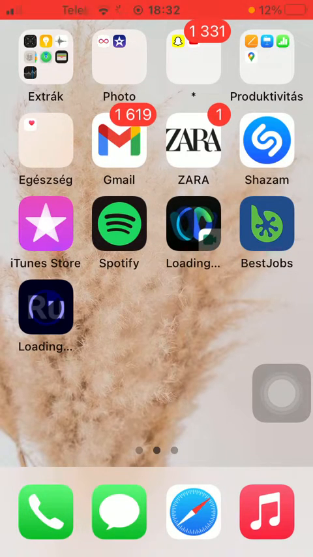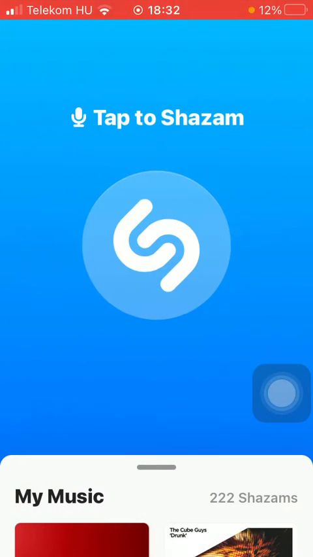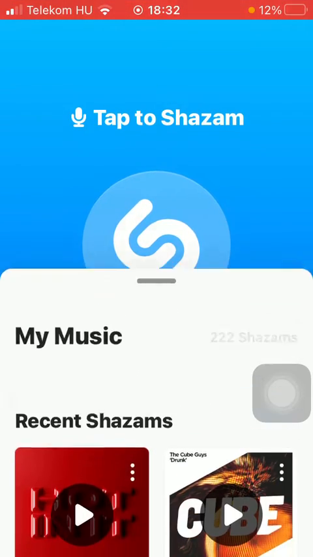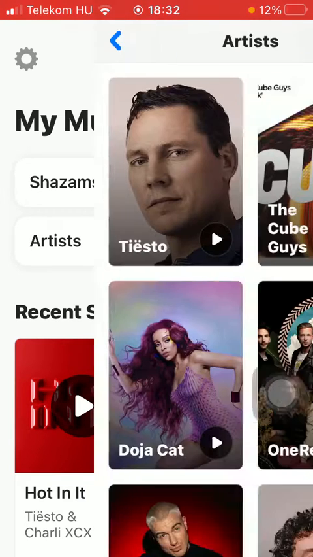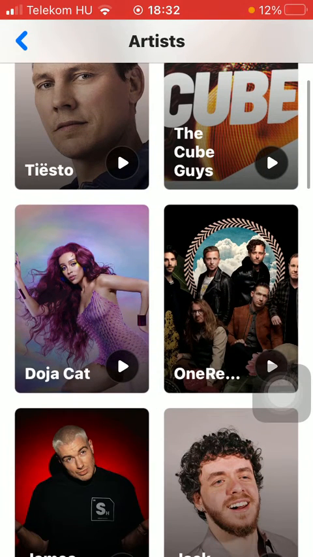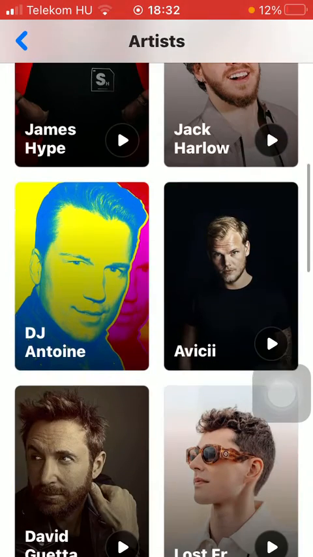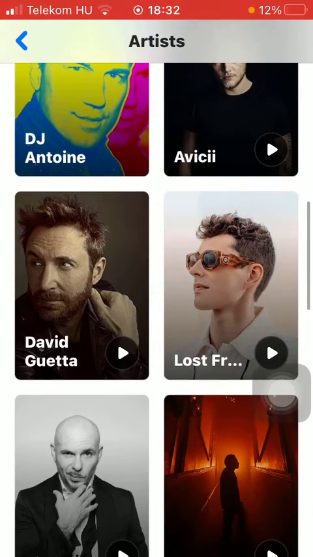So let's jump into it. First of all, open the application on your phone, then scroll down and tap on the artists function, then select an artist you are interested in,